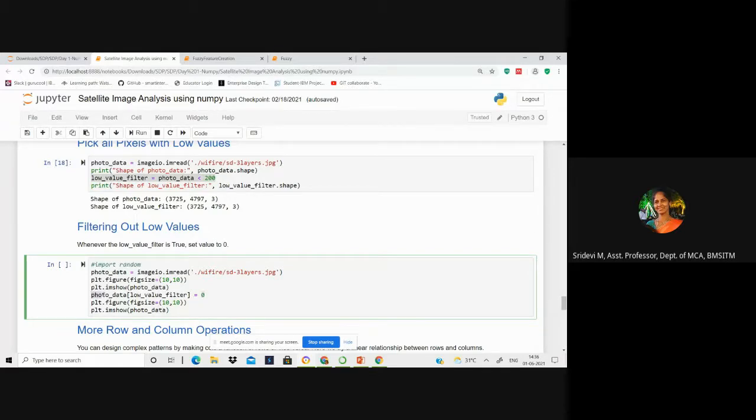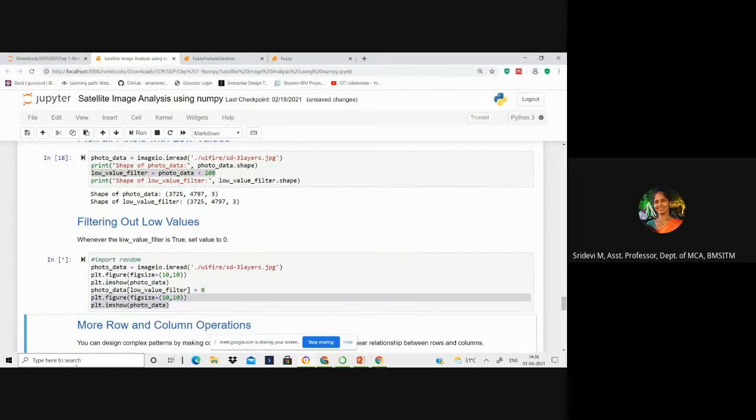I'm repeating again: on this photo data, you're applying the low value filter and assigning it to 0. So all the low intensities will now be made black, to provide better contrast for high intensity colors. And you're displaying the image once again after application of this filter.